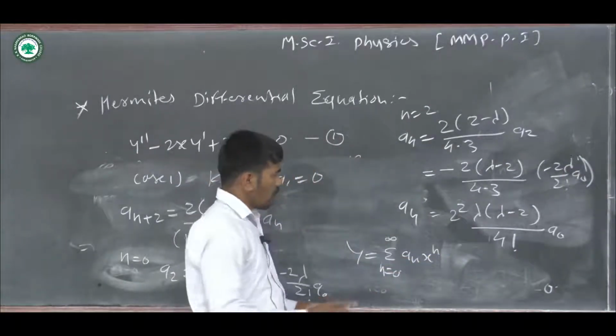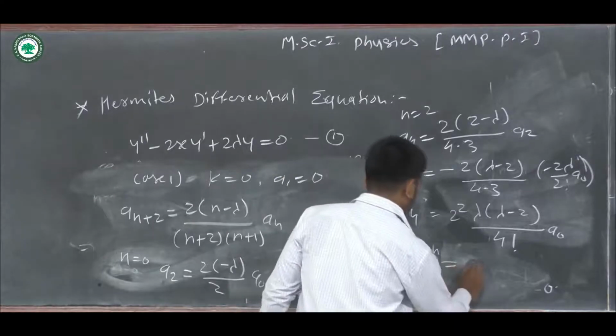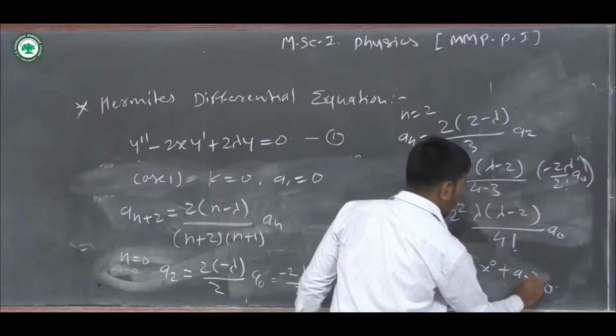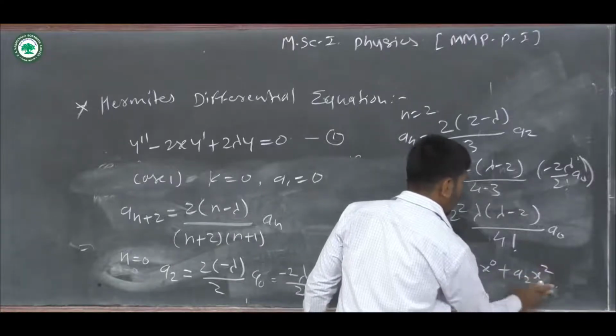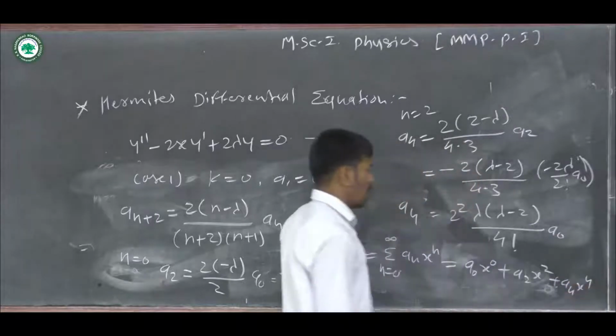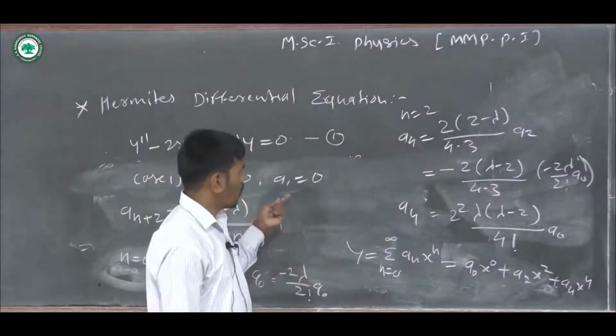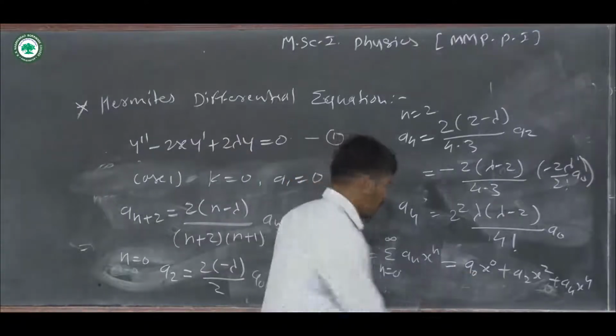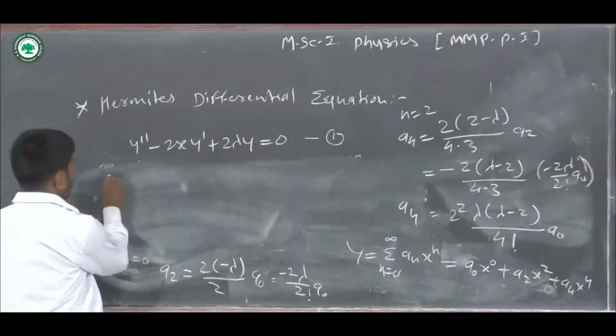Okay, so this series becomes a0 x^0 + a2 x^2 + a4 x^4. a1, a3 and a5, these all are zeros, so that's why I am not considering these terms. Okay, so y is equal to,